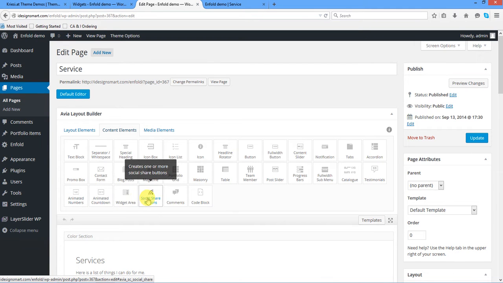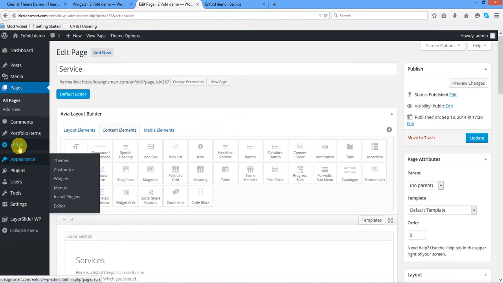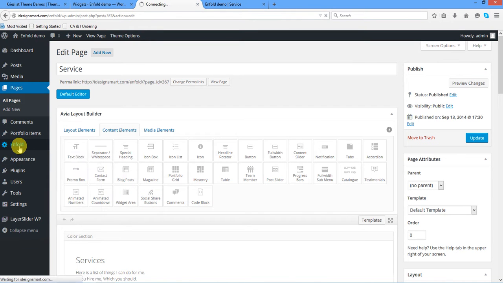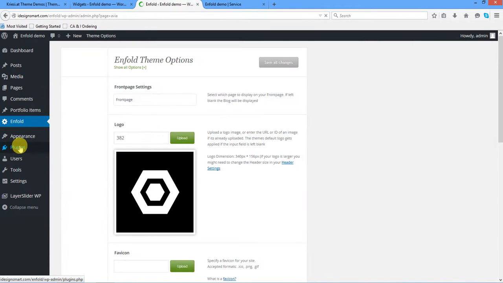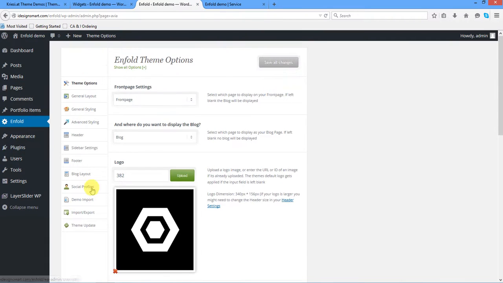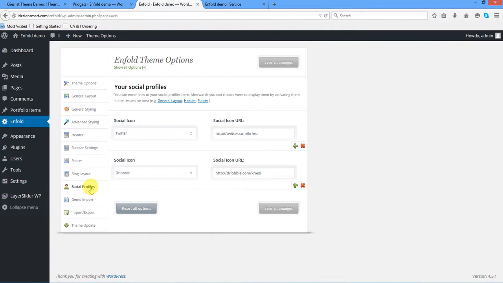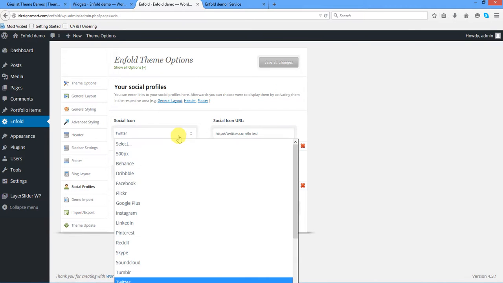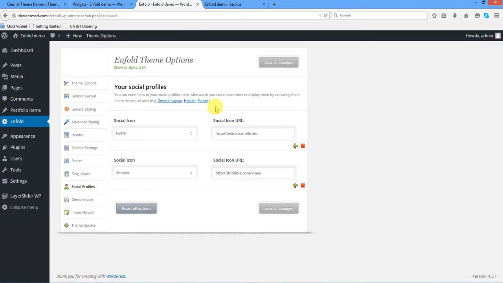Social share buttons you can configure here, and the options will be in Enfold options. So if you go there, you'll see all the social media that you could set up. So social profiles is what I was talking about. So you can do this and do that, the social icons, and if you go to their URL, you will see a code snippet to add different social icons in different places as well. So you need a little